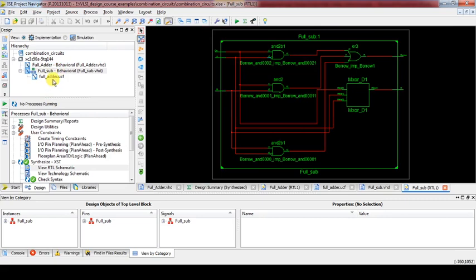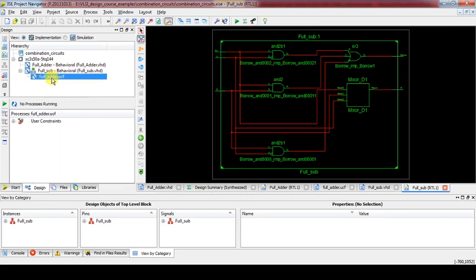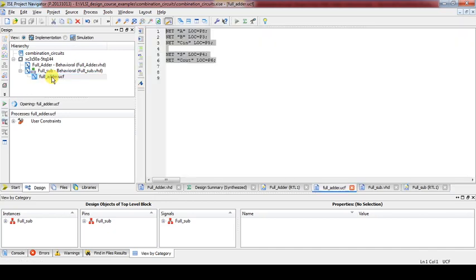Now we have to create a UCF file. There is one method: either you can modify the same UCF file, or you can create a new one also.